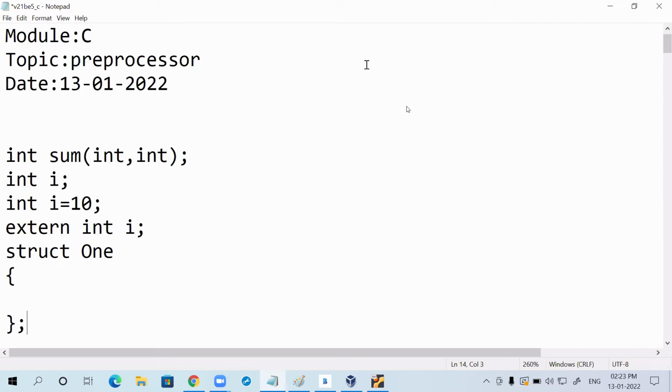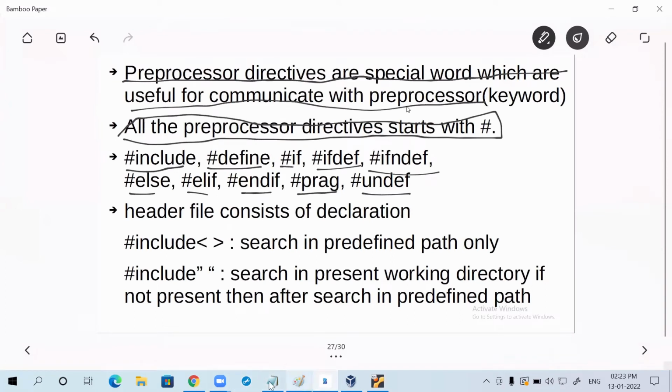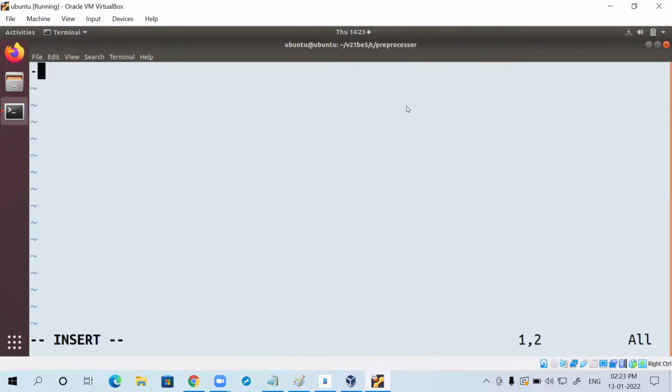Okay. Now let's understand the difference between angular brackets inclusion and double quote inclusion. One thing is, when you include the header file in angular brackets, the preprocessor will search only in the predefined path. Observe. Some important points I'll write, and I'll upload them in the LMS also. If we include a header file in angular brackets,